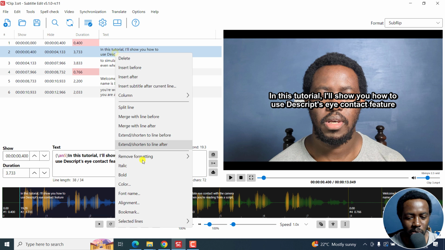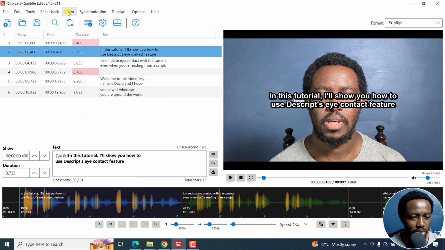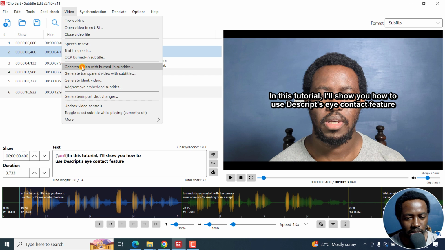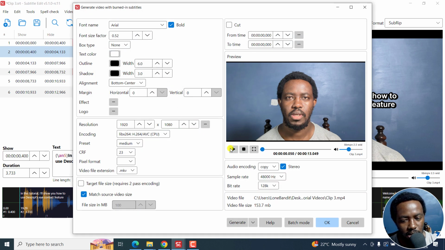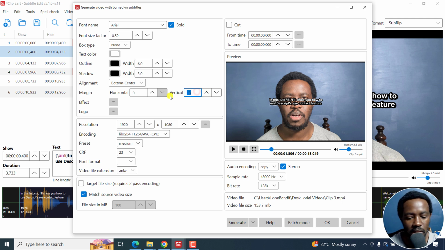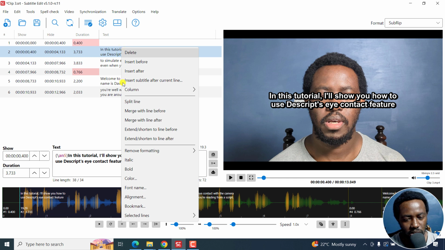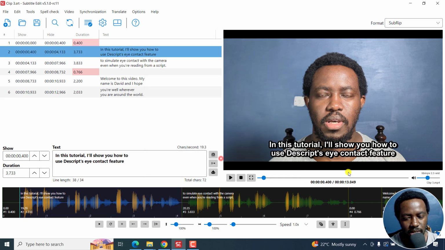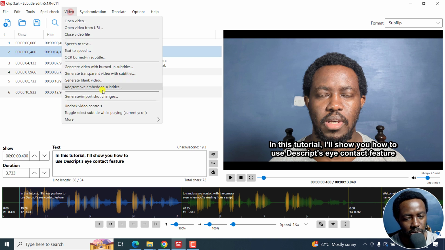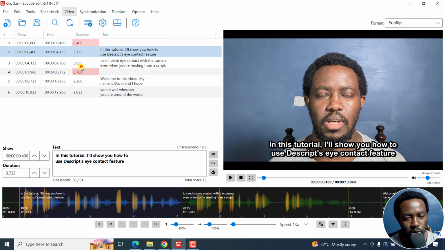Now, my request is, let's say we go to video, generate video with burned-in subtitles right there. If we navigate to somewhere here, these margins and whatever stay the same. If I click on this, it doesn't show anything because it's already there. Let's say we do 200. There's no change. Let's do 0. There's no change whatsoever. But if this particular subtitle was at the bottom center right there, and we go back to video, generate video with burned-in subtitle,